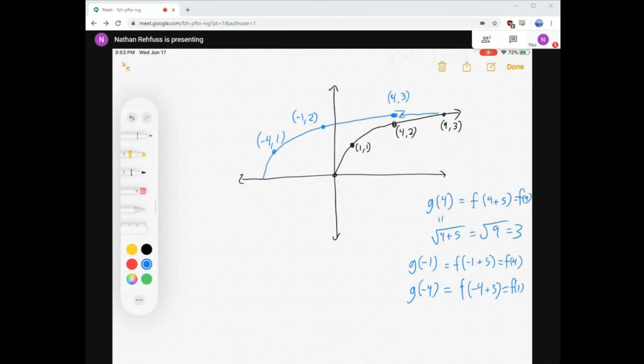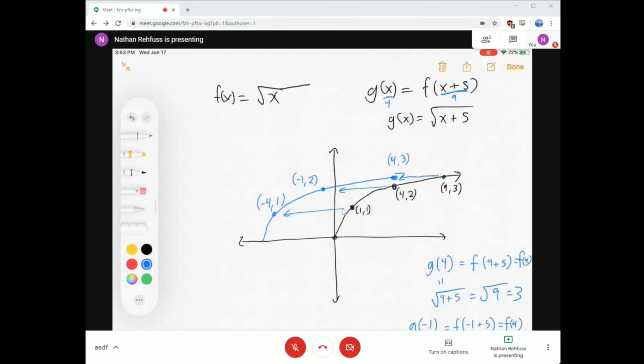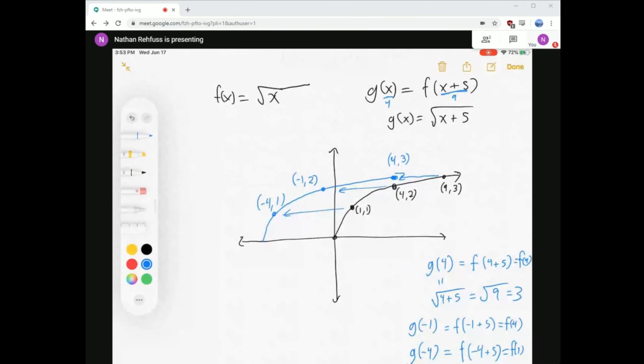So this entire graph has moved 5 units to the left. So adding moves to the left. That's where your intuition is going to deceive you. It feels like adding should move to the right, but it's not actually how it works. Think of this as a $5 discount,